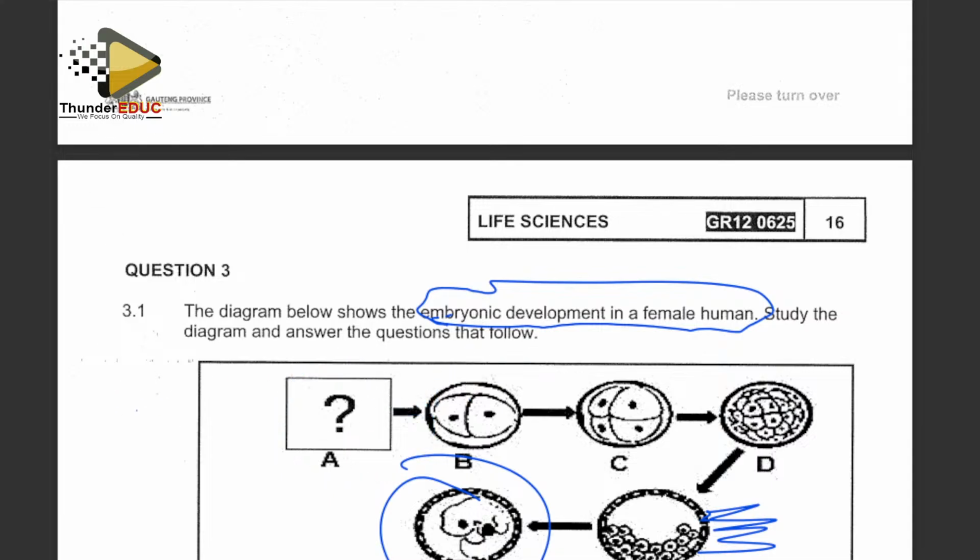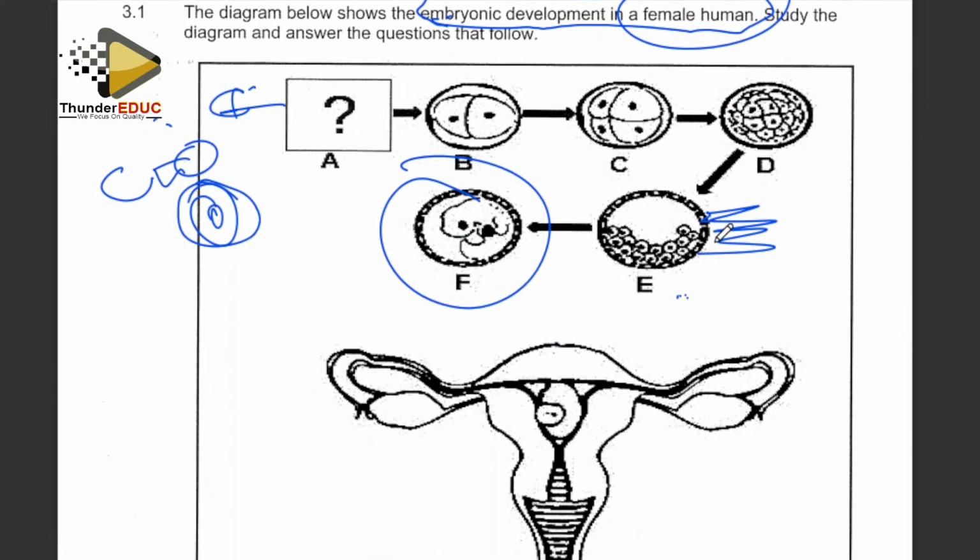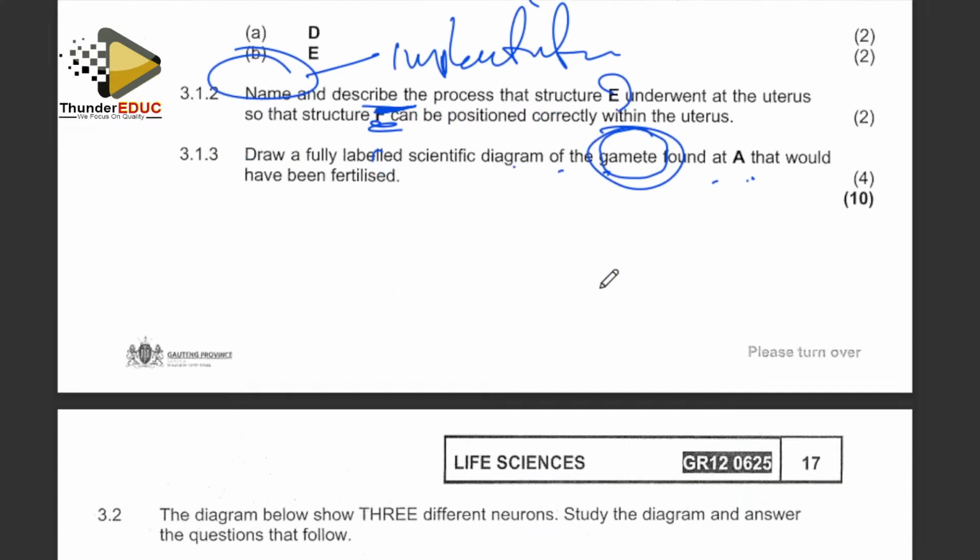So I have to go back one step so that I find the sperm and the ovum. So we have two gametes. So which one do I draw? Because they talked about the female, the female who is a human, therefore, I will go for the ovum. Meaning that you have to draw the structure of the ovum, not the structure of the zygote, because the zygote is not a gamete. I think I'm clear here.